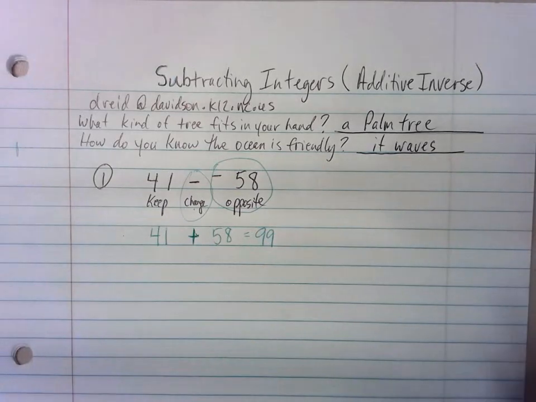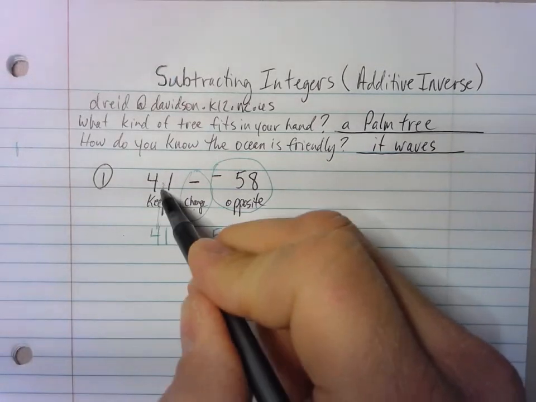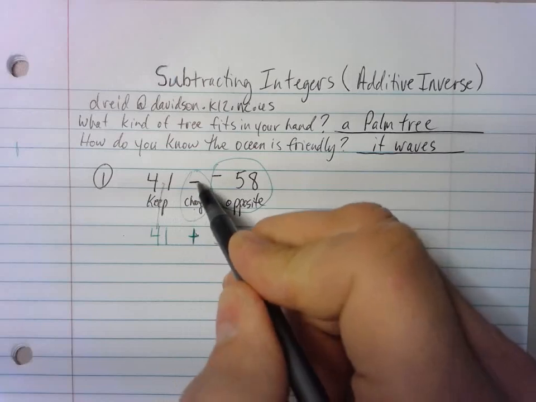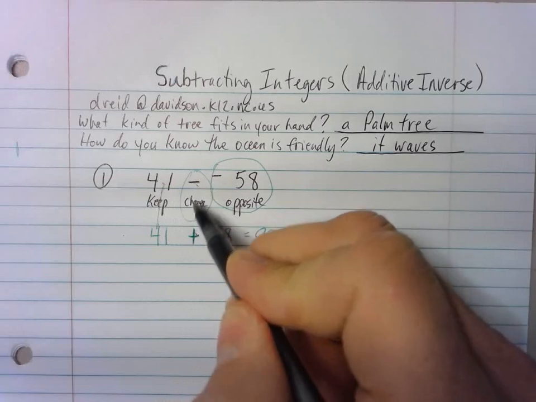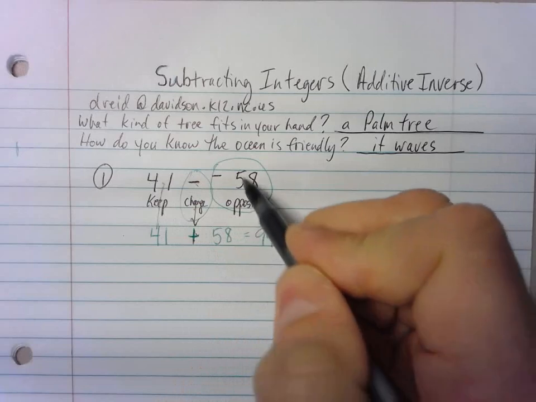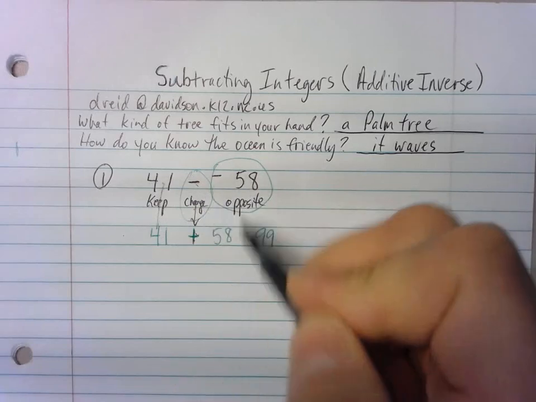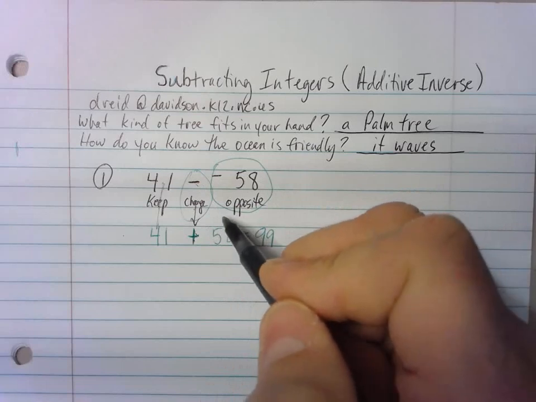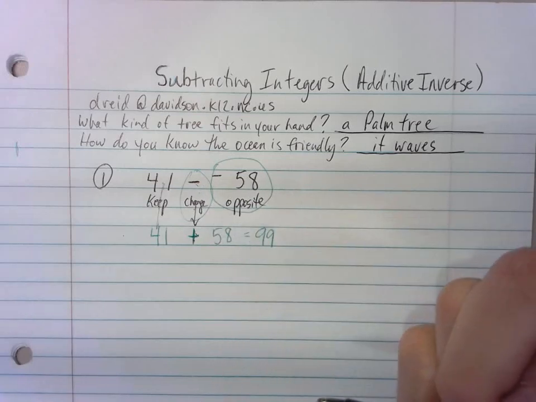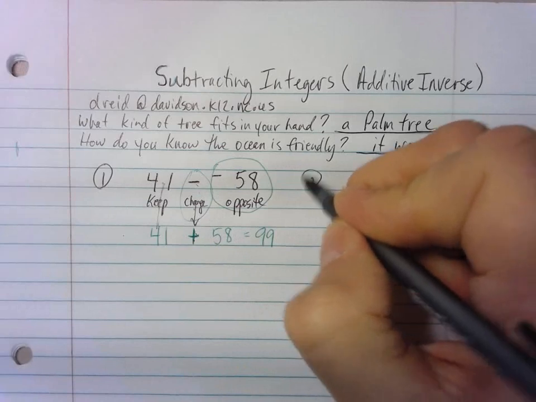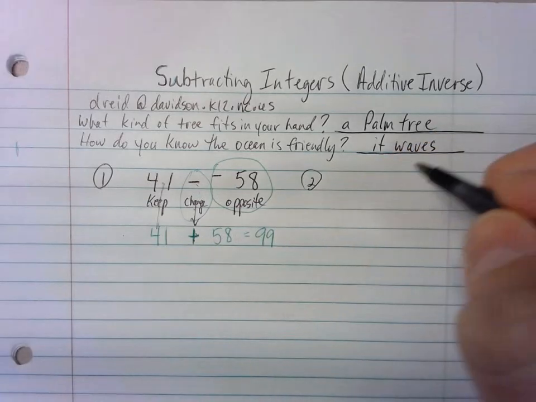Okay. So keep the first number the same. Okay, going to do the additive part here. Going to take the subtraction sign, make an addition sign. Then you take the opposite or the inverse of this second number after the sign, okay, after your symbol here, and make it the opposite. Alright, let's come over here and do another one. Let's say you've got negative